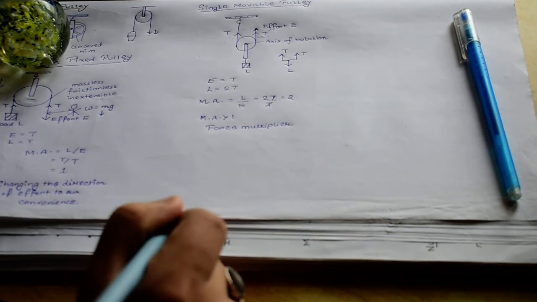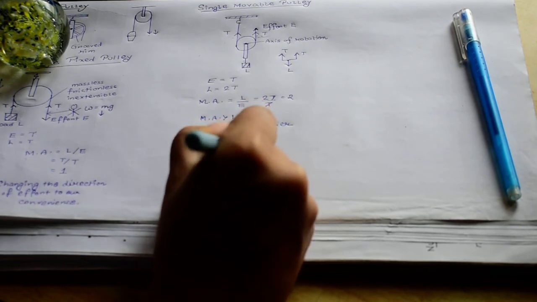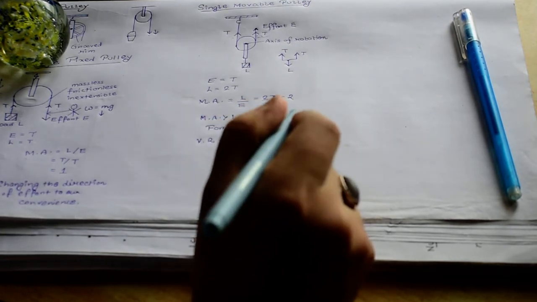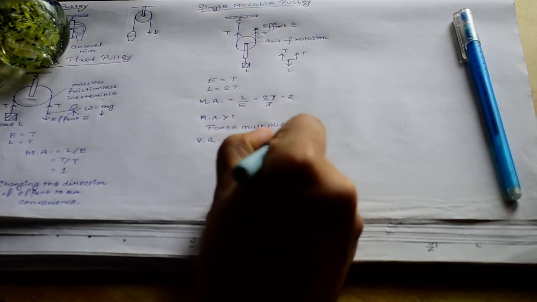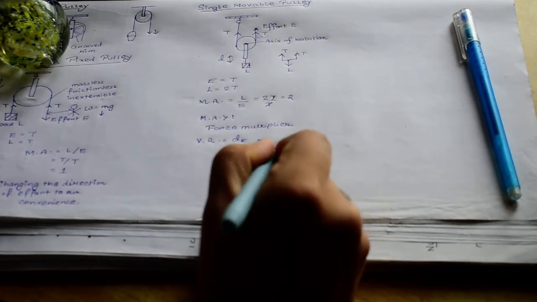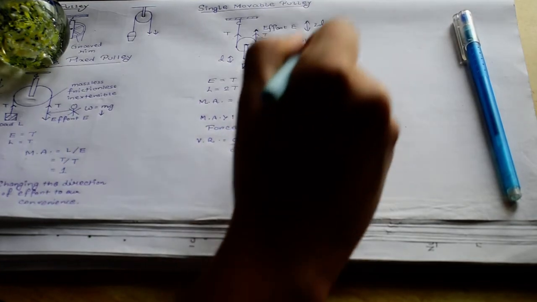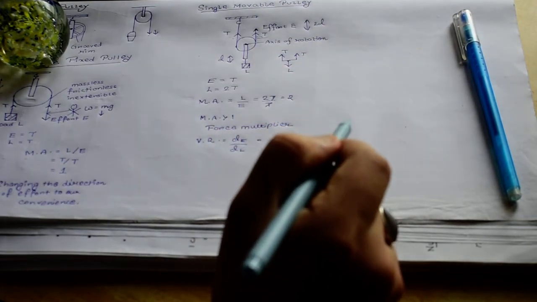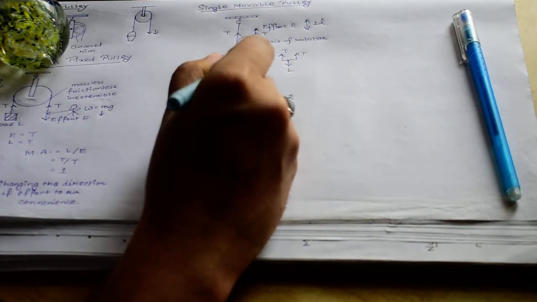If you go on to find the velocity ratio of this, you will find velocity ratio is displacement of effort by displacement of load. Now displacement of effort in this case is this portion. So in order to make the load move up through a distance d, you shall have to move the effort through a distance 2d. This is obvious because for every say 1 centimeter movement of the load in the upward